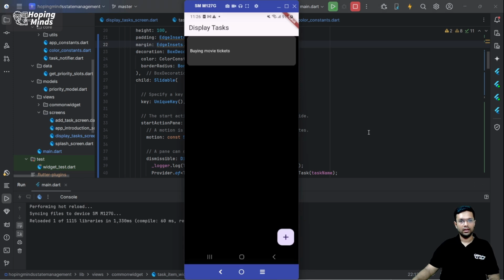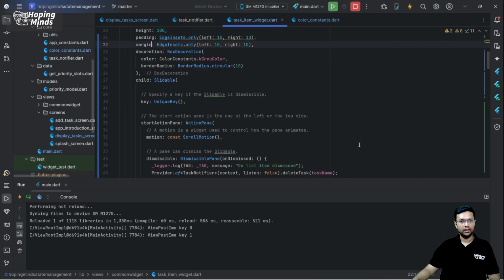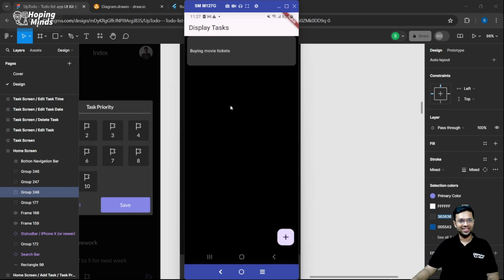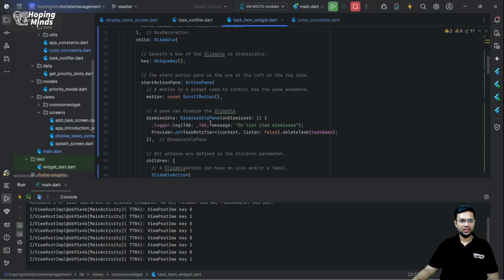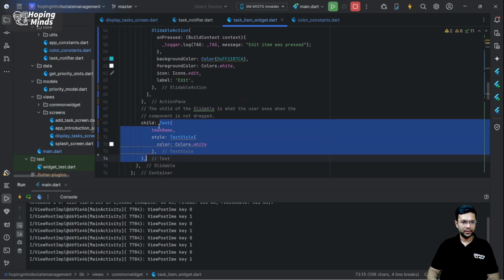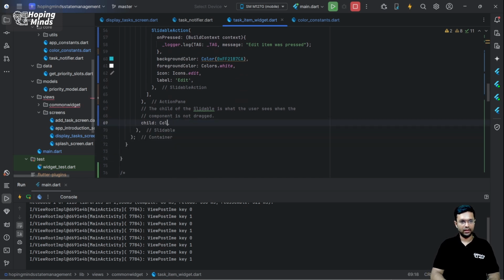Yeah, now what I'll try and do, I'll try to put this today as well as this university. Well, we don't have any tag as university. Let me try putting this outline wherein we have the flag for the most priority task. Now, do you notice they are one below the another? Hence, as you might have guessed, now this entire child should have been in a column widget